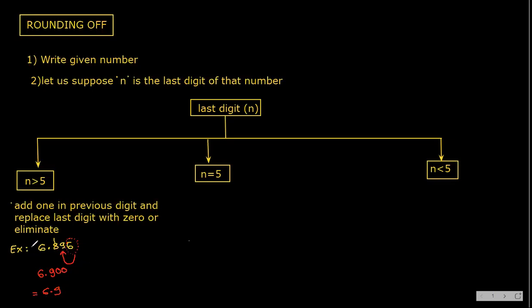One more example I am giving here. Listen. Suppose now like this you have a number. क्या लेंगे? 8, 5, 7. Now in this, the last digit, you see, is it greater than 5? Yes. So what we have to do? Add 1 in the previous digit. So what will you get? 8. And this is 5 plus 1, 6. And this we have to replace with 0. So what you are getting? 860.